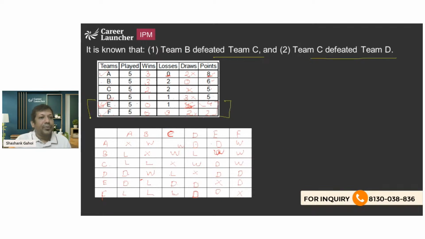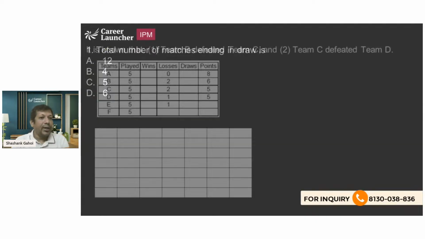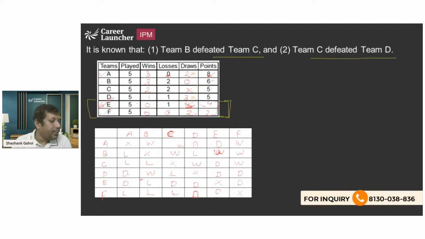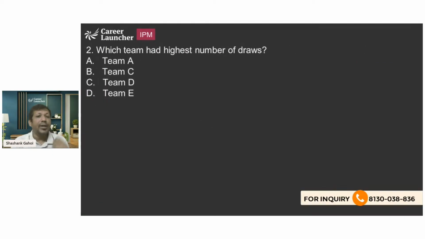हिसाब रहेगा, वहां पे इसको हम जल्दी ऐसे कर सकते थे कि 2 प्लस 1 प्लस 3, 6 ड्रॉस तो हो रहे हैं। ठीक है, उसके बाद इन दोनों के विन ज्यादा नहीं हो सकते, तो नंबर ऑफ ड्रॉ शुड बी ग्रेटर देन 6 एंड ओनली वन ऑप्शन हैज नंबर ऑफ ड्रॉस ग्रेटर देन 6, मतलब 12 ड्रॉस। 12 ड्रॉस को हम सीधे सीधे 4 and 2 में ब्रेक कर सकते थे अगर हम क्वेश्चन नंबर 1 पहले पढ़ के चले हो तो। ठीक है, आगे आते हैं, अब तो हो ही गया।